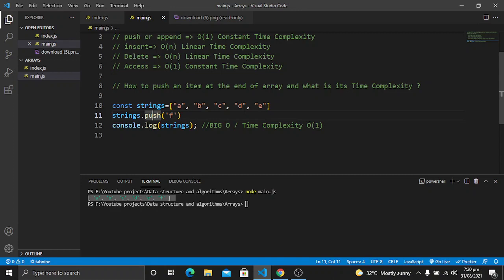This is not our concern. It doesn't impact our time complexity or big O notation, because we are just concerned about pushing an item at the end of an array. So all of these items are irrelevant.